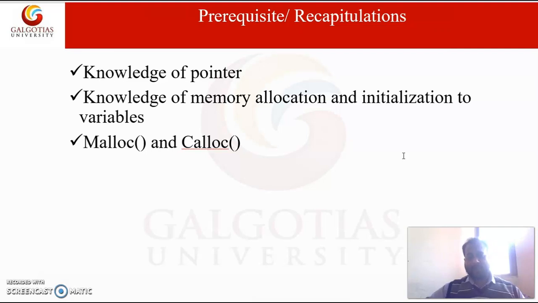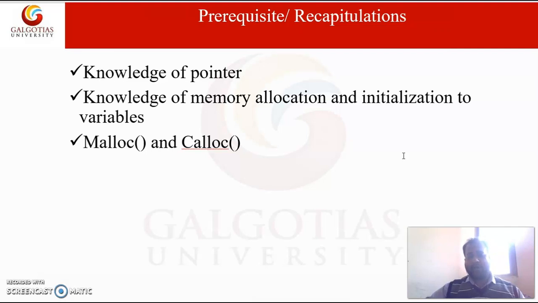So, we have discussed in the last lecture the basic differences between malloc and calloc methods. In the malloc method we pass only one parameter, and in the calloc method we pass two parameters.